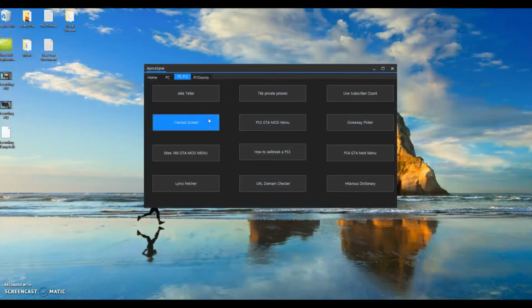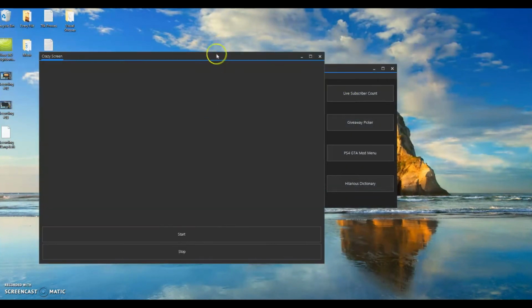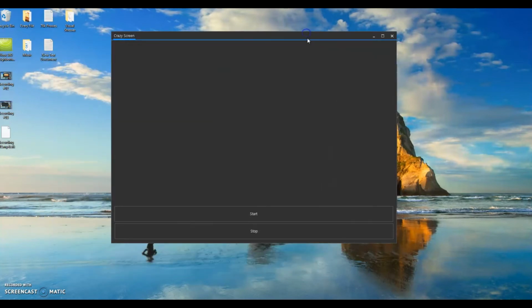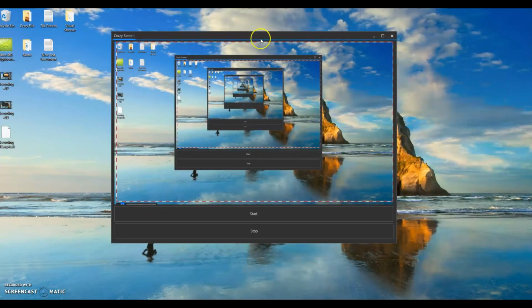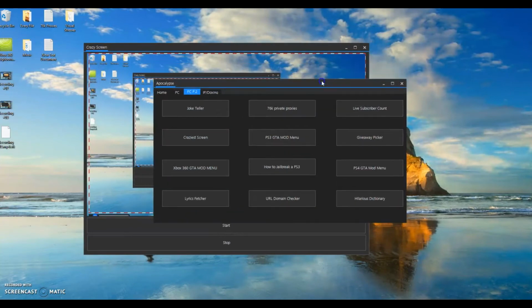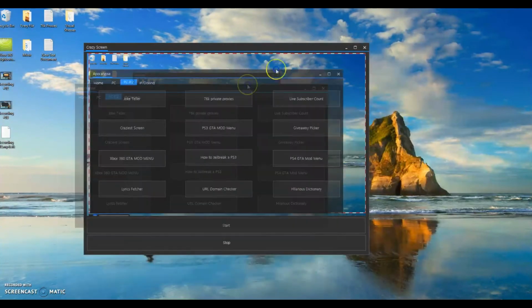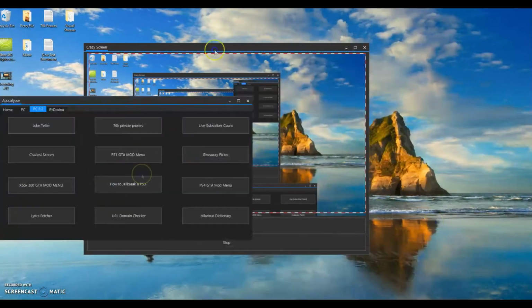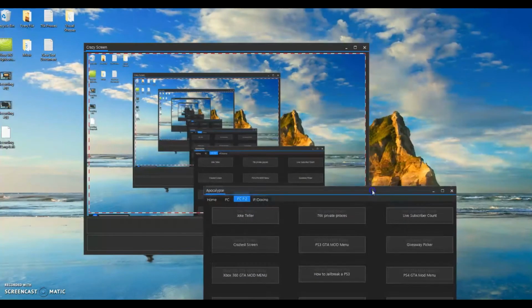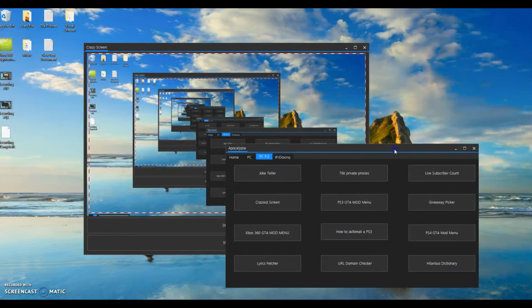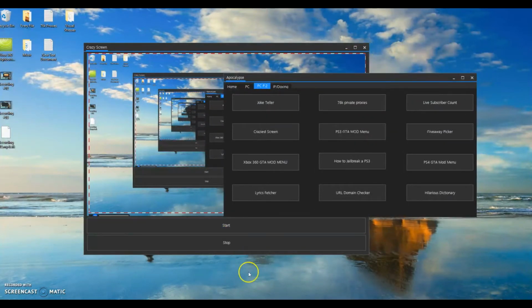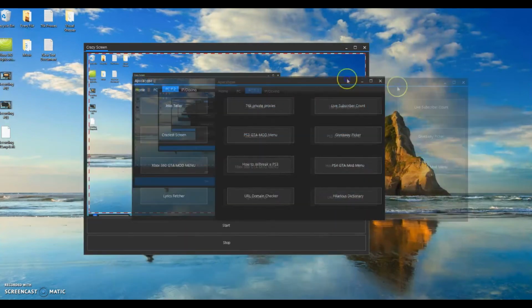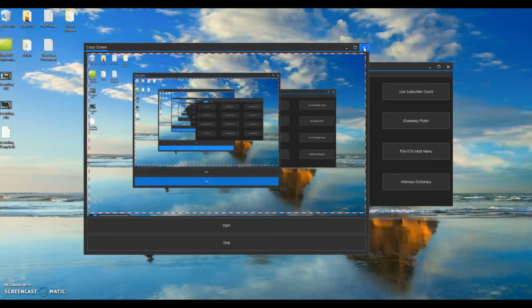Going on to the other feature, crazy screen. You must really want to see this crazy screen, because look, start, it goes all the way. Say I grab this tool called Apocalypse that I made and drag it around my home screen, and it moves with infinite screens. Now just stop this, and once you move it around, it won't move.